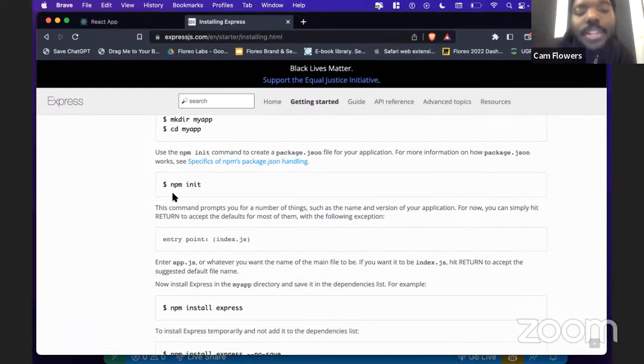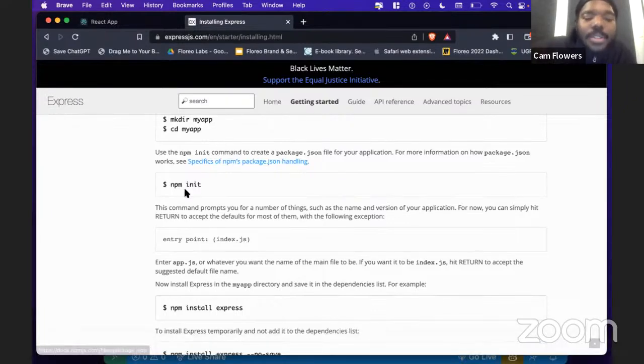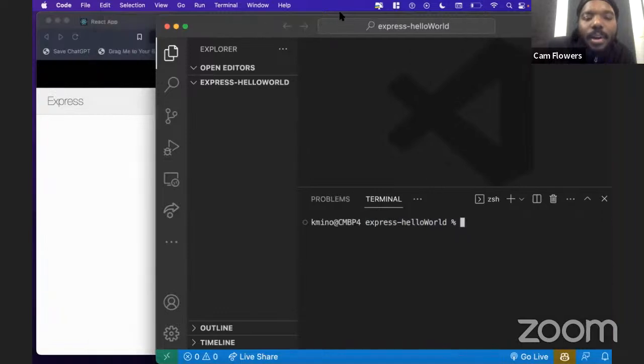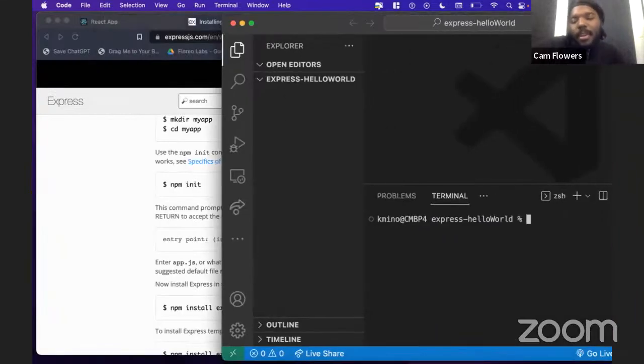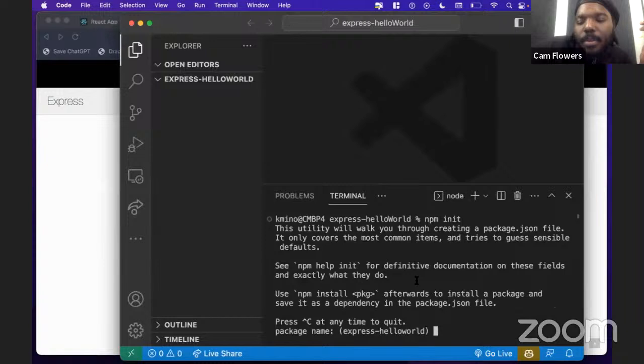So it also creates a node project for us as that script is running, right? But we never really see that when it's running the script, but now we get to actually create our own node project for ourselves. So I'm just gonna go ahead and in the terminal now, it says that I want to run the command npm init. And npm init is the command that allows for us to create a new node project by creating a package.json